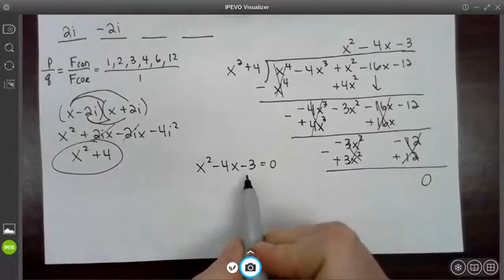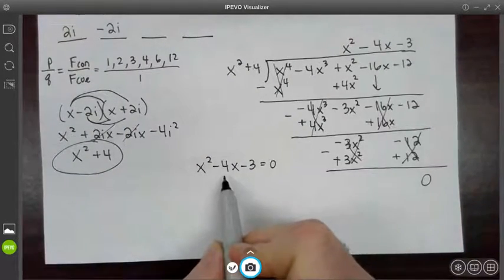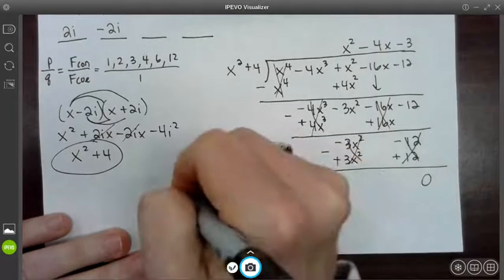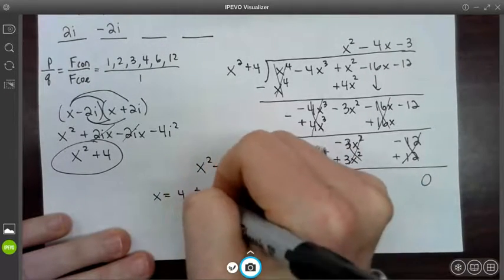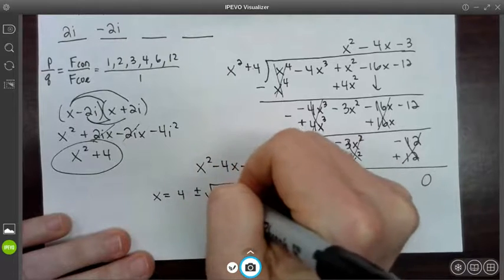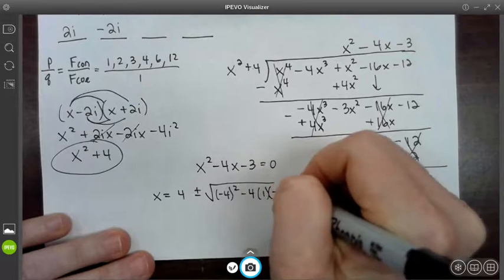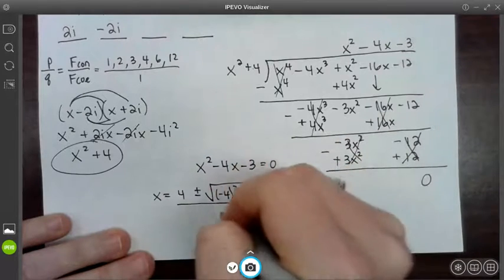All right, and it's true. Nothing's going to multiply to negative 3 that adds up to negative 4. So we're going to use the quadratic formula. x equals 4 plus or minus the square root of negative 4 squared minus 4 times 1 times negative 3, all over 2